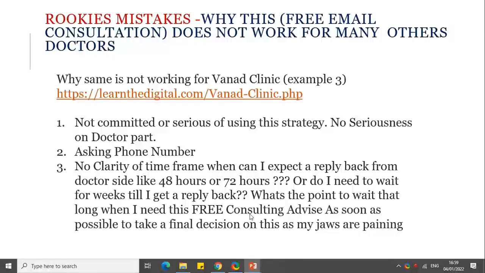The potential patient is wasting his time to actually type all those messages, what his medical issues are, sharing his mobile number and email and the medical history with someone, a doctor. The only thing they are thinking is if we can get something for free, and after that we'll decide for the paid consultation, which is absolutely okay and acceptable, right? So the point here is there should be clarity in terms of time frame, that from the doctor side, from the clinic side, the prospect is going to get a reply within 48 hours or 72 hours,